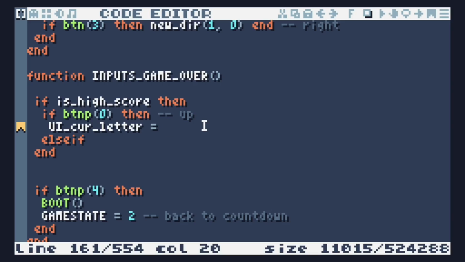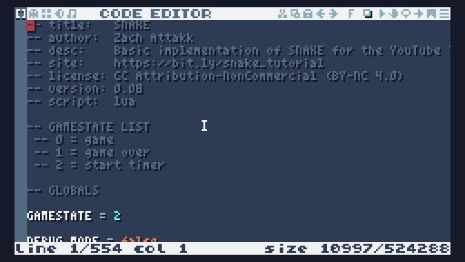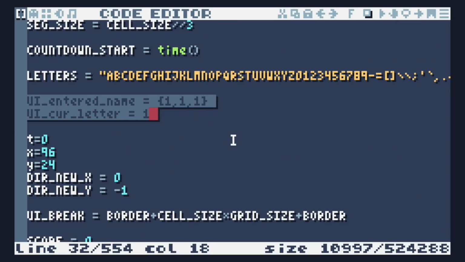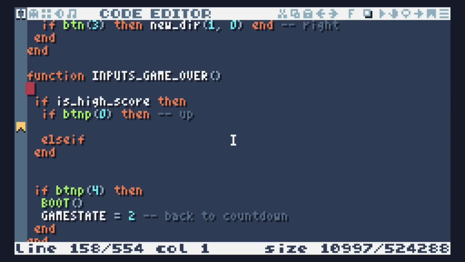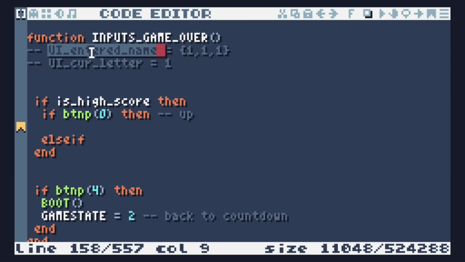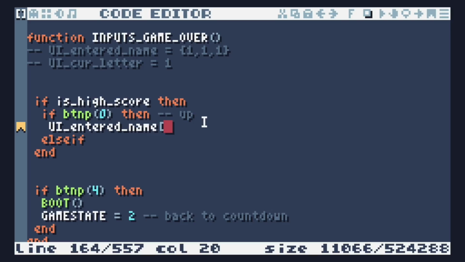The letter stays the same. If I'm pressing up, then what I actually need to do. Let me just grab those two names so that I have them, just so that I know what I'm looking at. Okay. UI entered name. If the up button is pressed, UI entered name at position UI cur letter needs to